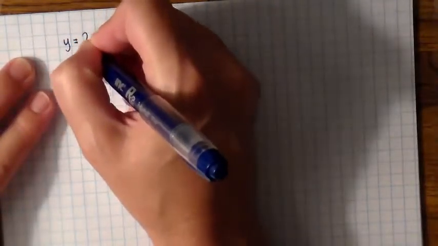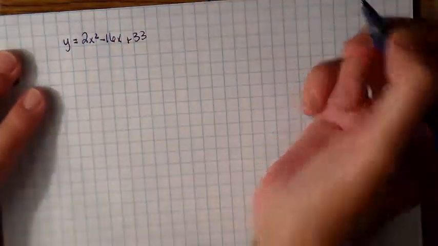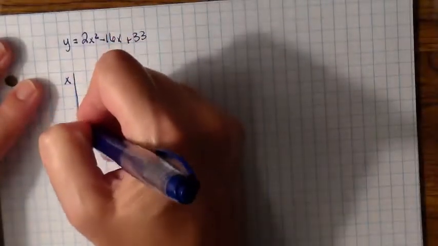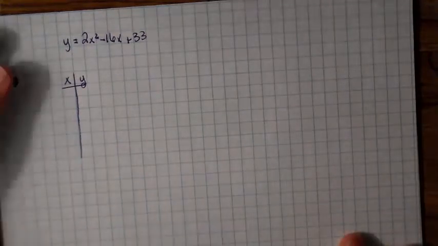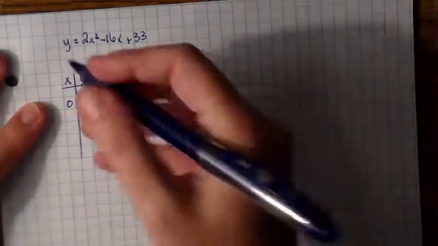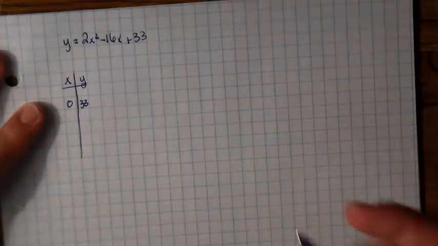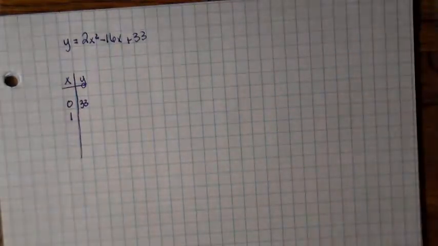Okay, so for our next example, we'll graph y is equal to 2x squared minus 16x plus 33. For my first example, I'm going to use a table of xy values. I'm going to plug in 0 for x, and I'm going to get 33 for y. Now I'm going to need a lot of space here, so we'll probably have to shift the graph up and down. If I plug in 1 for x,